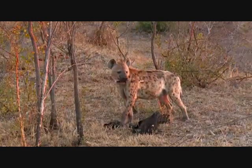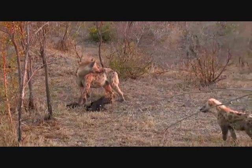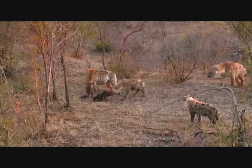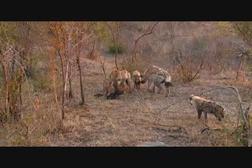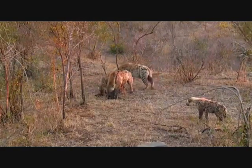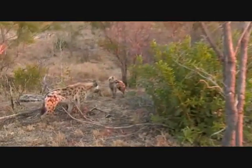Well, sorry we haven't been able to answer any questions up till now, but as you would have seen, there's been some incredible interaction. And Edward would like to know, will hyenas use their incredible endurance to try and hunt down their prey? And yes, Edward, they certainly will. Who knows, possibly they did run this young buffalo calf down to the ground,